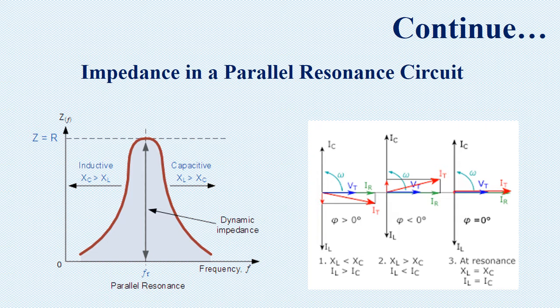So here we have the phasor diagrams according to different conditions: when we have a higher value of inductive reactance, when we have a lower value of the inductive reactance, and when the inductive reactance equals the capacitive reactance. So when the inductive reactance is less than the capacitive reactance, if we put F equals 0 in the circuit, then XL equals 2 pi FL, so XL will be equal to 0.